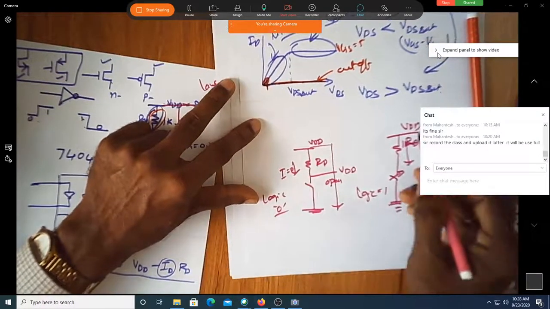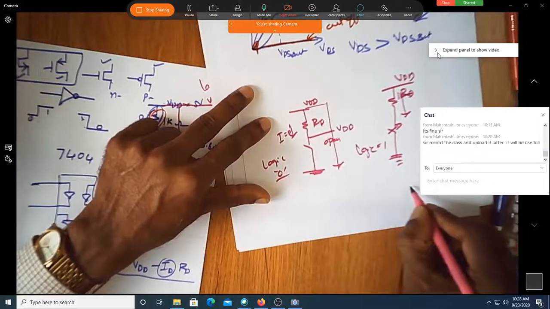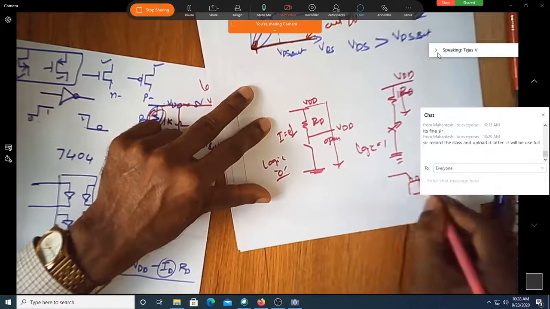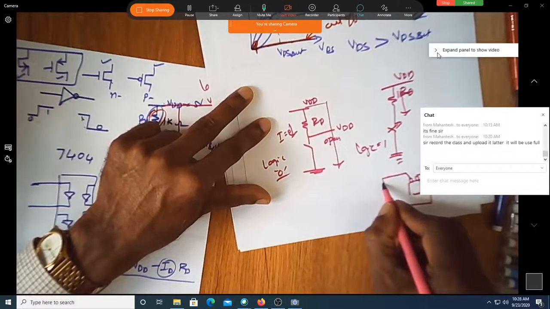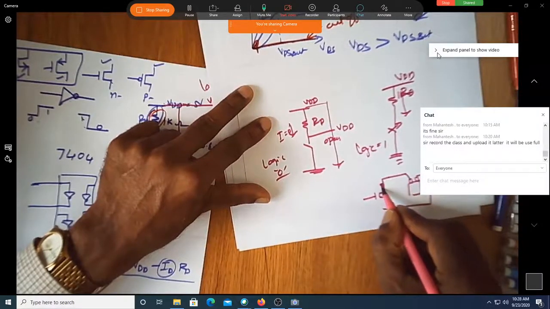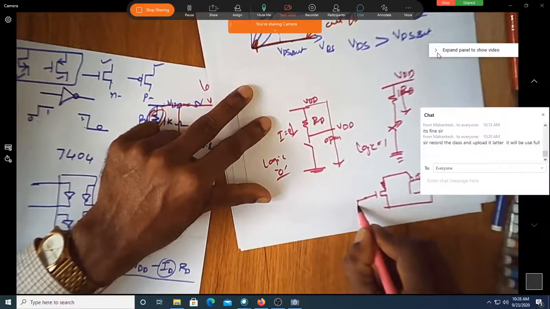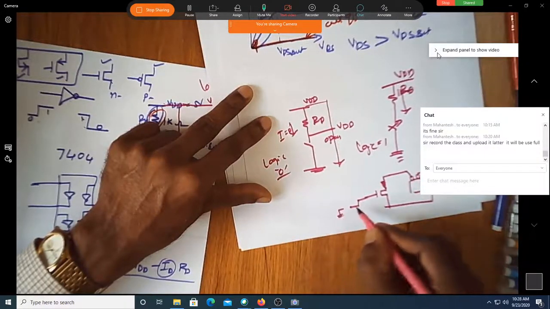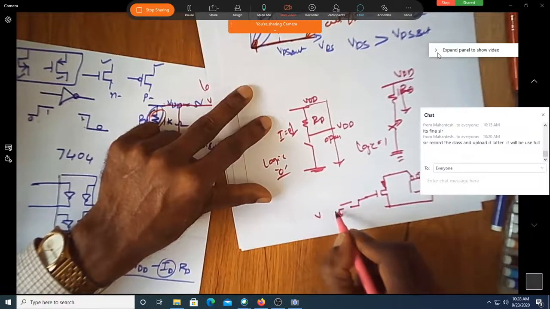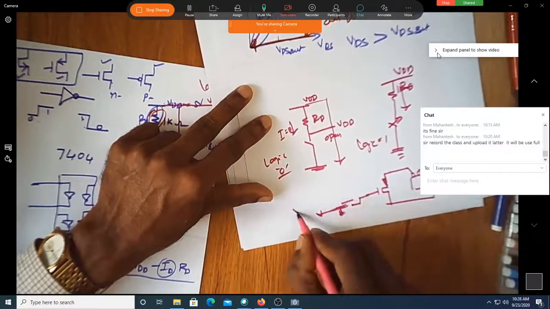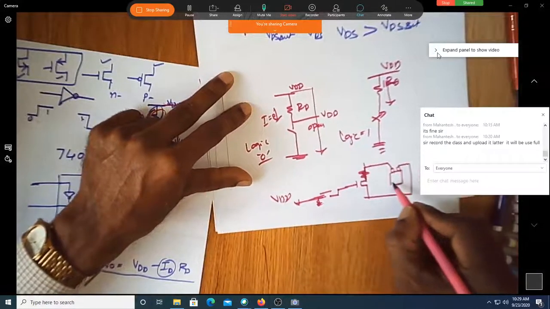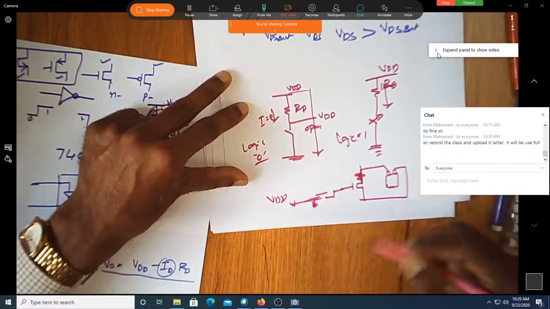Yes, sir. Assume that I have a battery with plus and minus. Plus is connected here, minus is connected here, and you are using this to operate some logic. So this is your switch. Assume that I have a switch. If this switch is connected to VDD, and this is a resistor, does this battery dry out after some time?